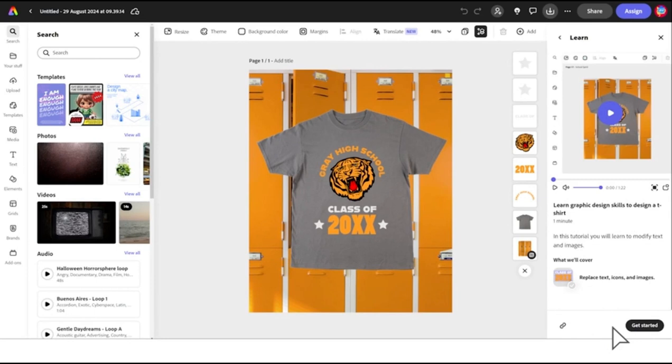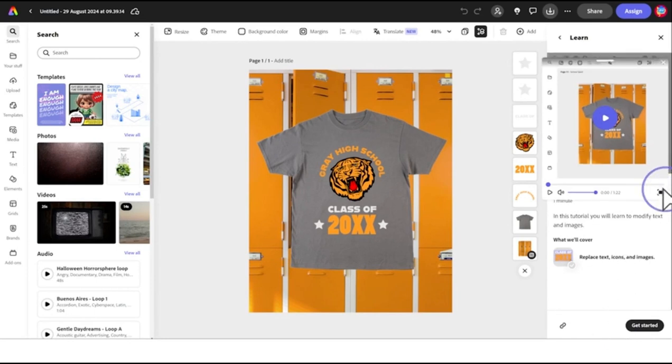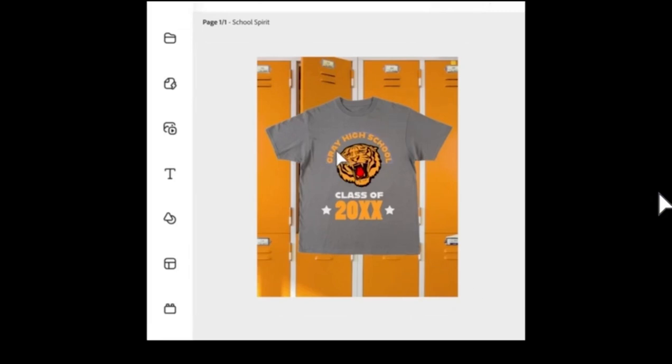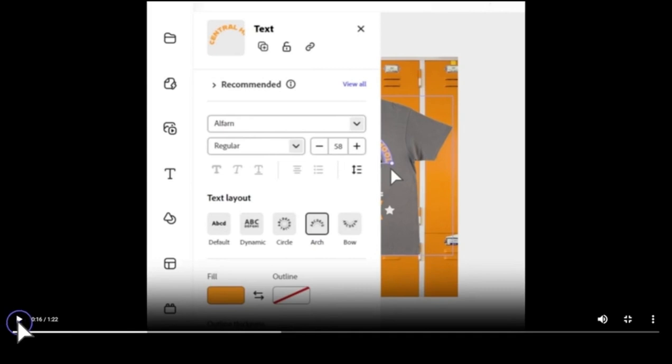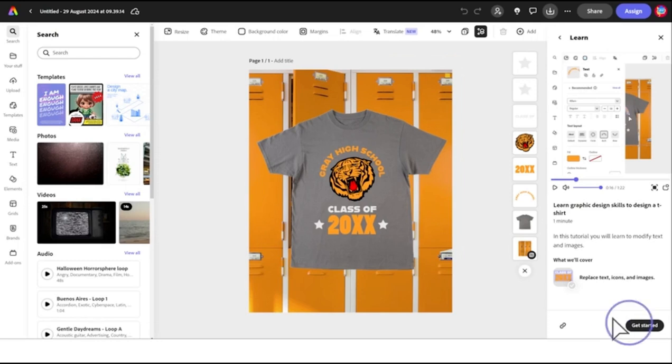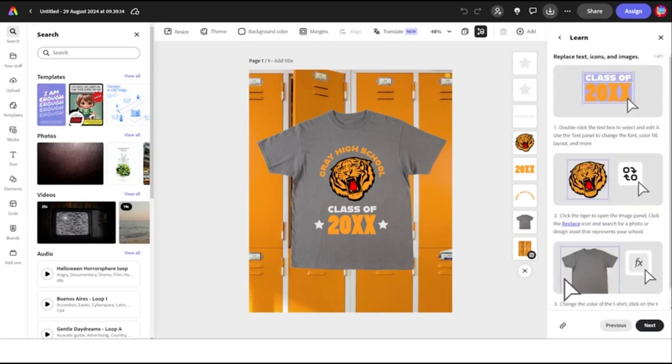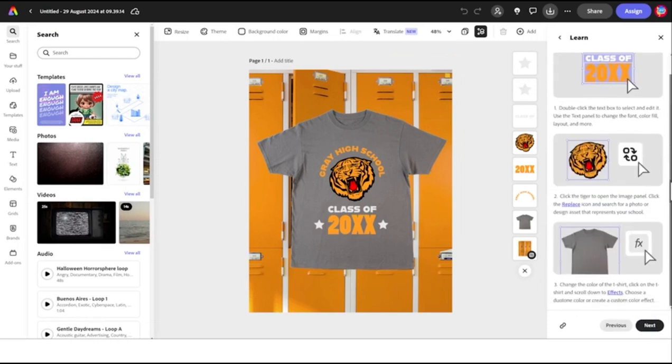You can pop out the video and turn on the closed captioning in English and in Spanish. You can remind students that they can pause and re-watch different steps so they can work at their own pace and edit along with the video. Below the video, there are step-by-step instructions with images and linked terms to help you and your students navigate the